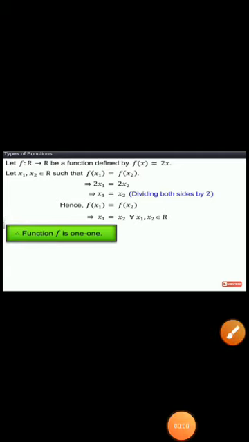So in the previous video, we had proved that f of x equal to 2x is a 1, 1 function. Okay, this is how we had proved. Now the same thing, we can prove it graphically. Okay, that is just only to understand how to. Whenever the question is asked, you have to prove by this method.